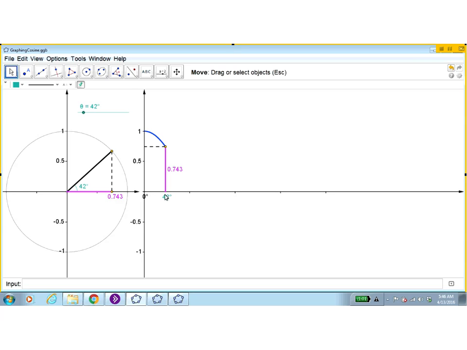So since I'm at 42 degrees, the point that's graphed is 0.743. Over here I'm at 42 degrees, and the amount that I have to go to the right is 0.743. So remember, I'm just plotting the x value of this point, just the x value, and you can see right here. I'm going to keep opening the angle,